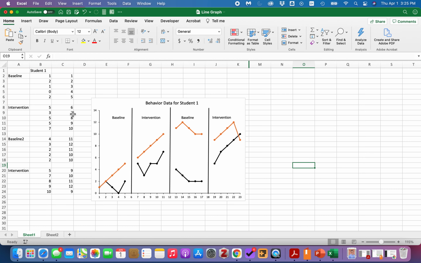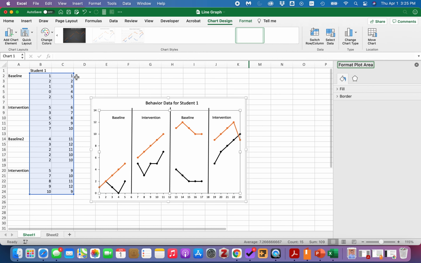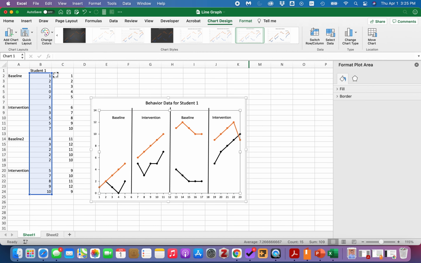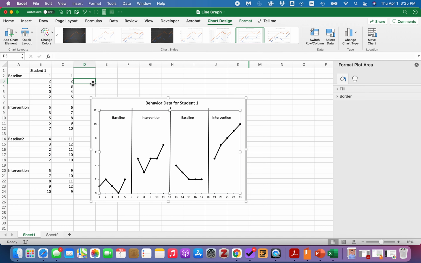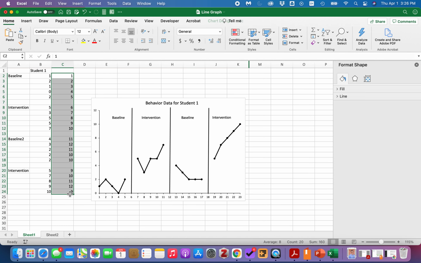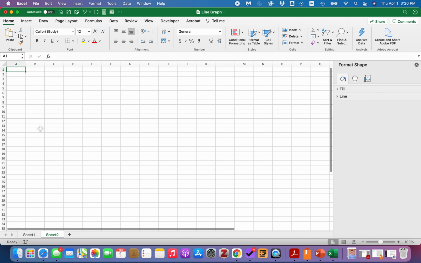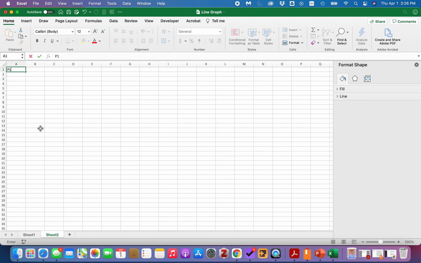Okay, so in the example that we're using, that's not the case. What we're doing is we're comparing within students. Actually, not within, between students. We're comparing between two students, more than one. Okay, so for example, I'm going to put P1 for participant 1 and then participant 2. So we're comparing two students, right? Now the data,